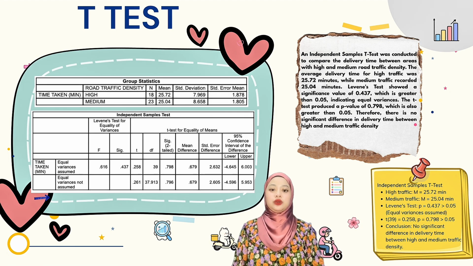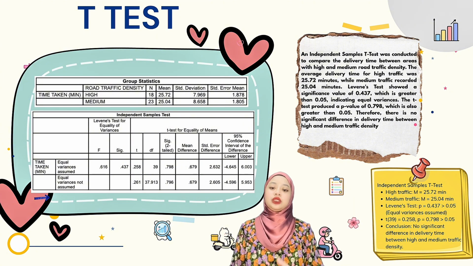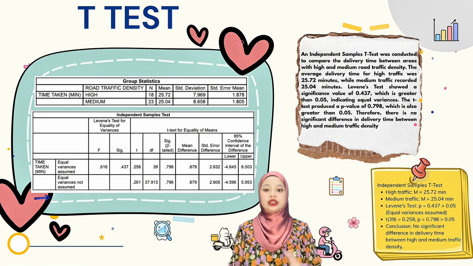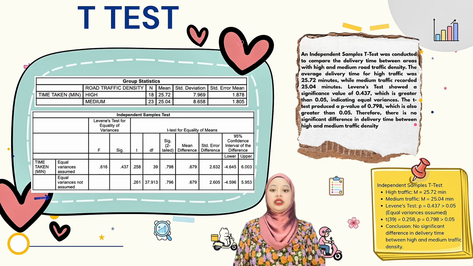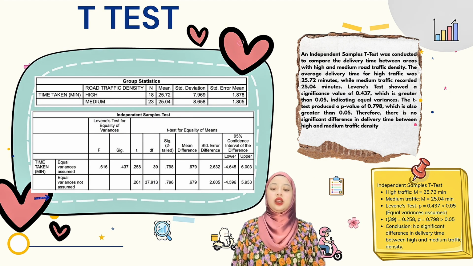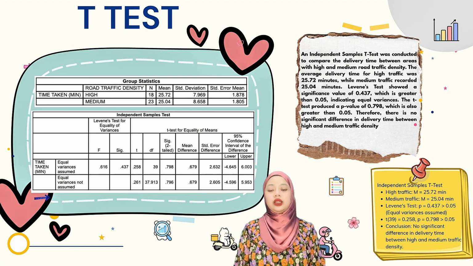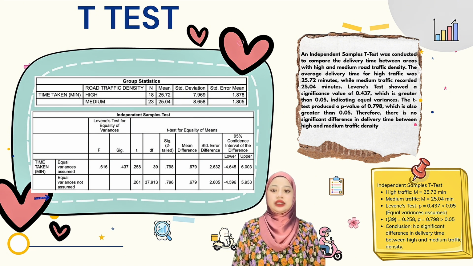So I will continue to explain the independent sample t-test. The test was conducted to determine whether there is a significant difference in delivery time between areas with high traffic density and medium traffic density. The results show that the mean delivery time for high traffic areas is 25.72 minutes, while for medium traffic areas it is 25.04 minutes. The Levene's test produced a significance value of